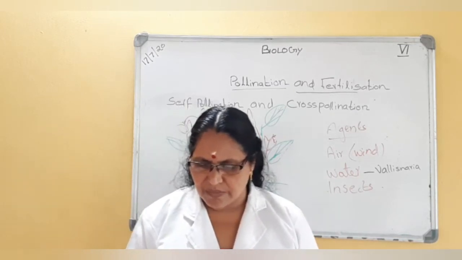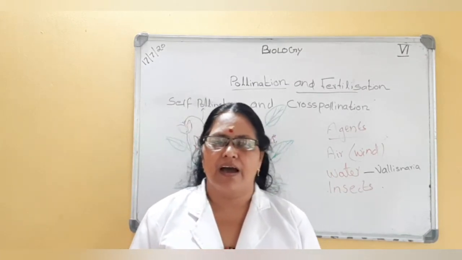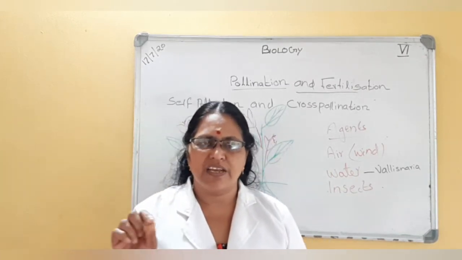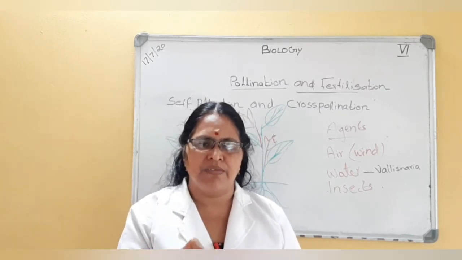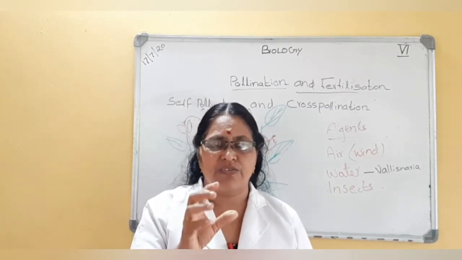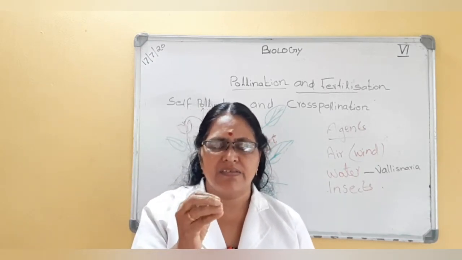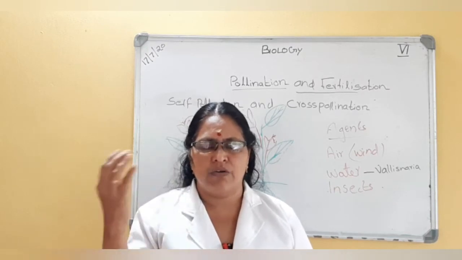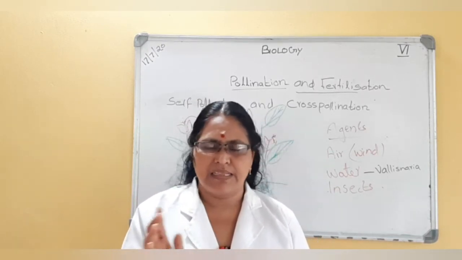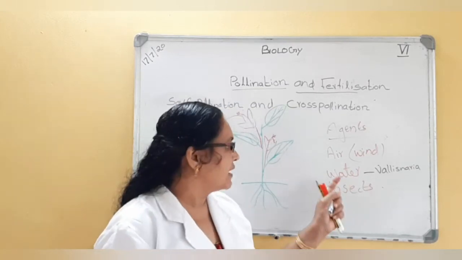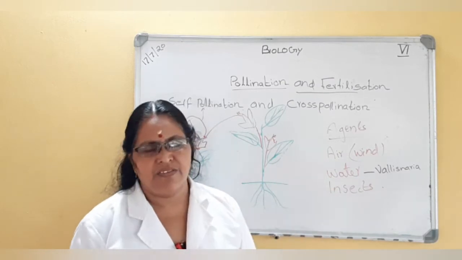Can you give some examples of insect pollinating flowers? Dahlia, salvia, all these are examples of insect pollinating flowers. Insects, butterflies, honeybees, etc. visit the flower to suck nectar. When they go deep into the flower, the pollen grains stick on their body, and when they go to other flower, they may fall on the stigma of that flower. So like that pollination takes place. So these are the three agents of pollination: wind, water and insects.